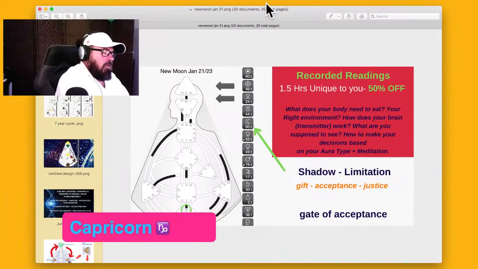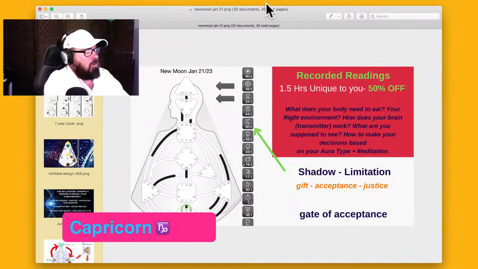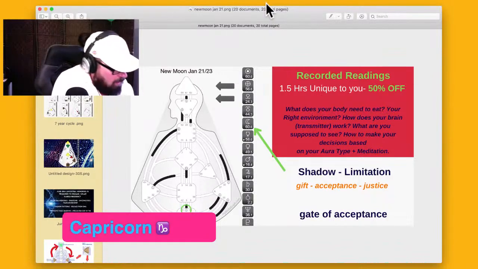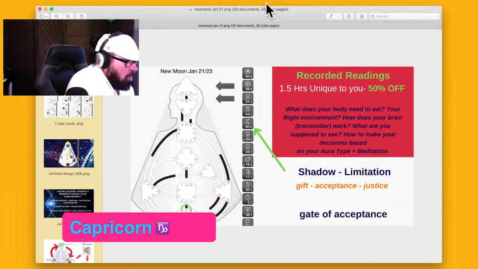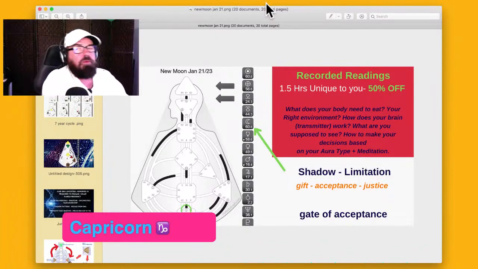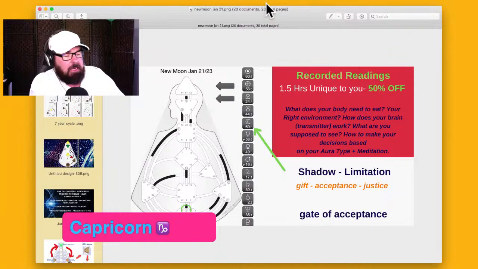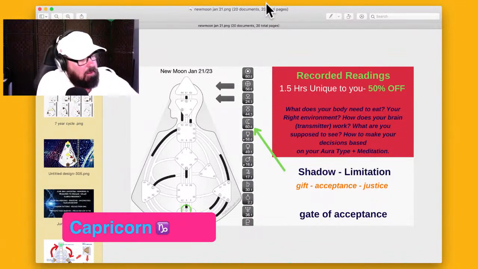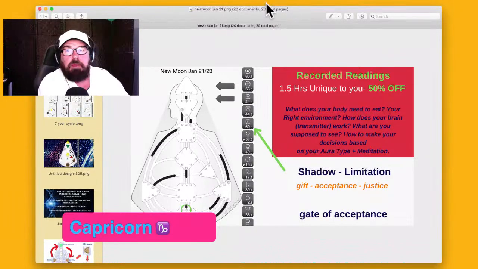Okay. Let's do, I just want to get a card here for Capricorn. So feeling limited in your appearance, by your identity. Maybe you're holding on to an old identity, Capricorn. That's limiting you now. So it could be mother. Mother's a huge identity. To be a mother. And you're being called to transcend it.